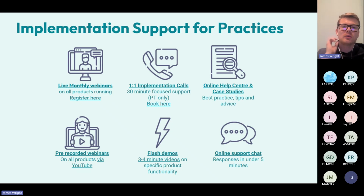For practices who are new to patient triage, they receive a 30-minute one-to-one call as part of that package. So they'll get a specific set of emails for online consultations with the option to book in a call with our team directly. We also have, for practices that are looking to move to total triage, or use modern general practice to a larger extent, they can book into one of our ambassador